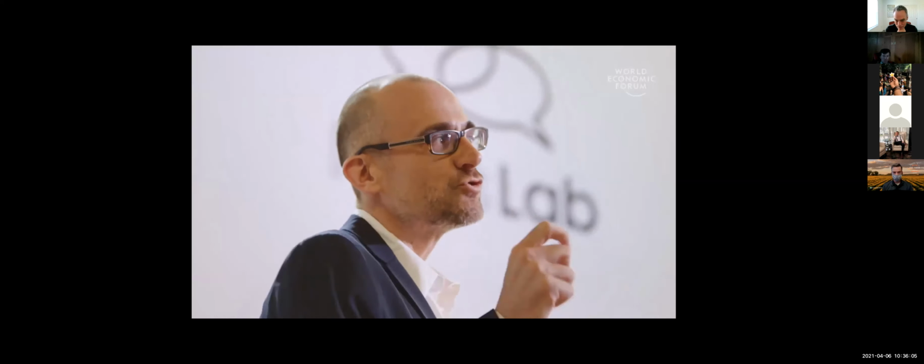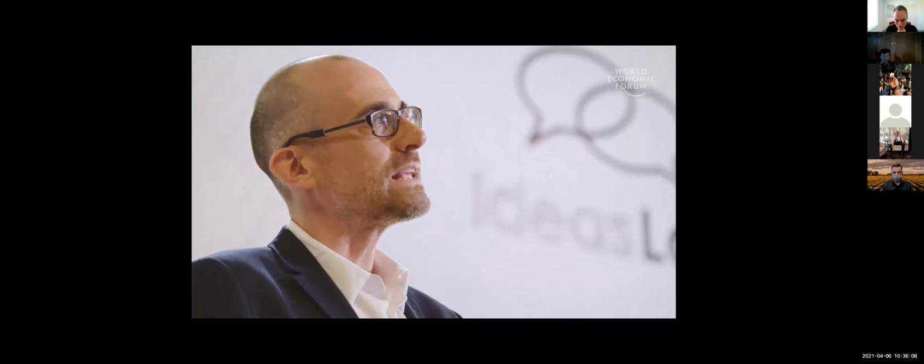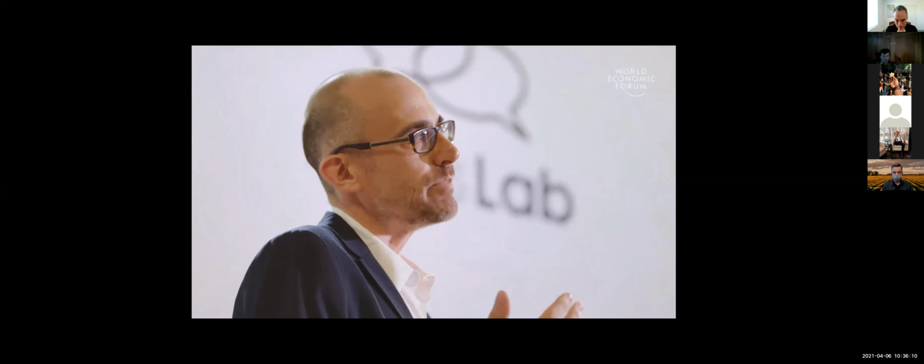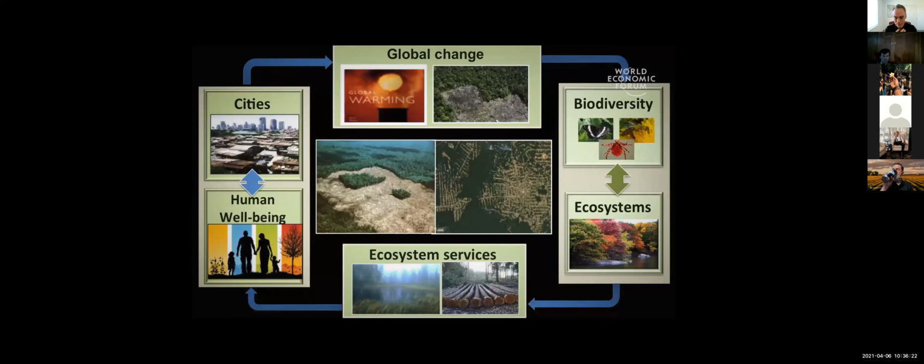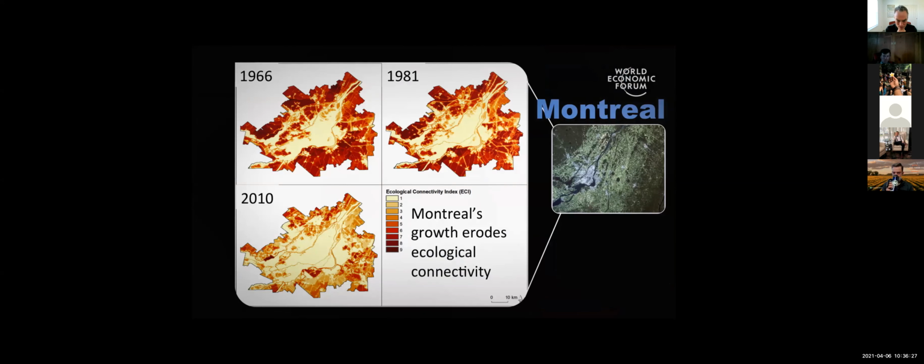But as cities draw upon these resources, not only do they clear the land and transform the landscape, but they also fragment and disconnect ecosystems. This loss of ecological connectivity erodes biological diversity and degrades the very ecosystem services we need for sustainable cities. This happens at a global scale. There are global teleconnections between cities and landscapes, but it also happens at the scale of a city. So here I'm showing you analysis we did of how ecological connectivity, shown in red here, has been eroded over 50 years for the city of Montreal. So you can see this red pattern is dissipating.